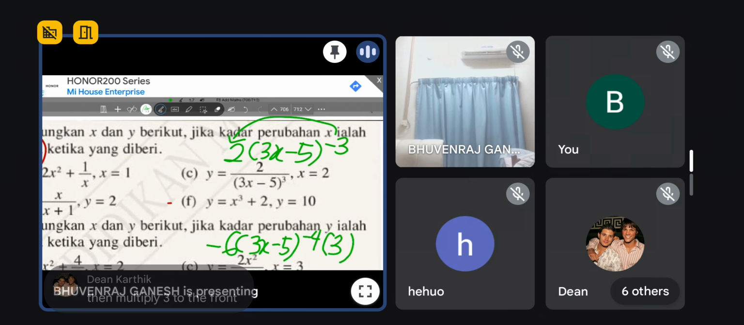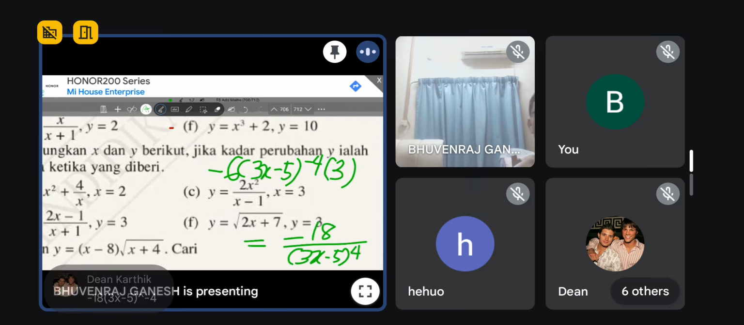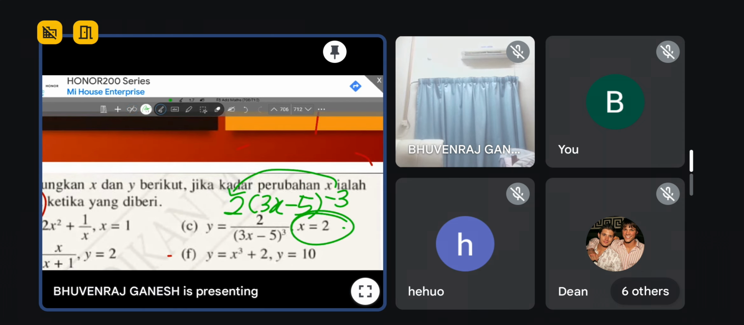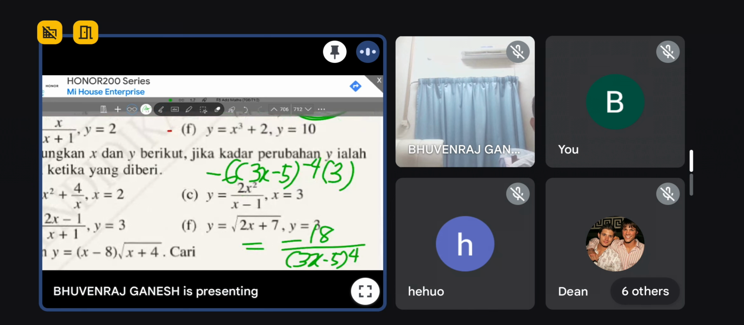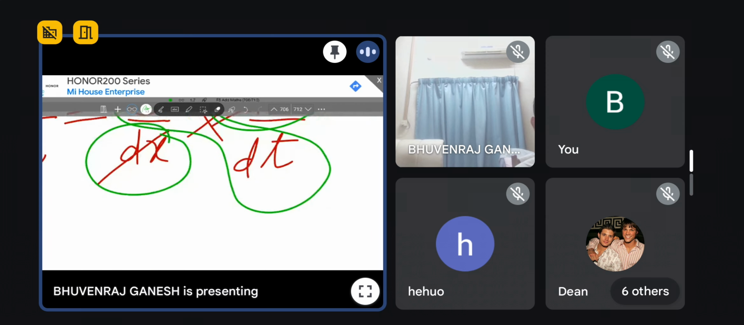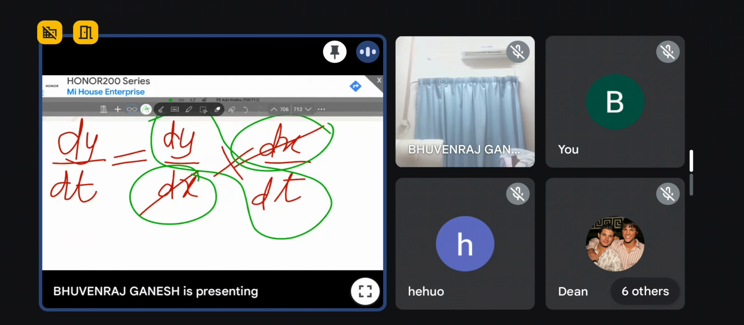Yes, very good. So final answer, you will get negative 18. You can bring this bottom, 3x minus 5 power 4. Yes. So now you can see this value. Am I right? So this value, you substitute inside this x. Then you will get your value for dy dx. Kamu dah dapat nilai dy dx. So now, you just have to apply this formula. So you will get negative 18